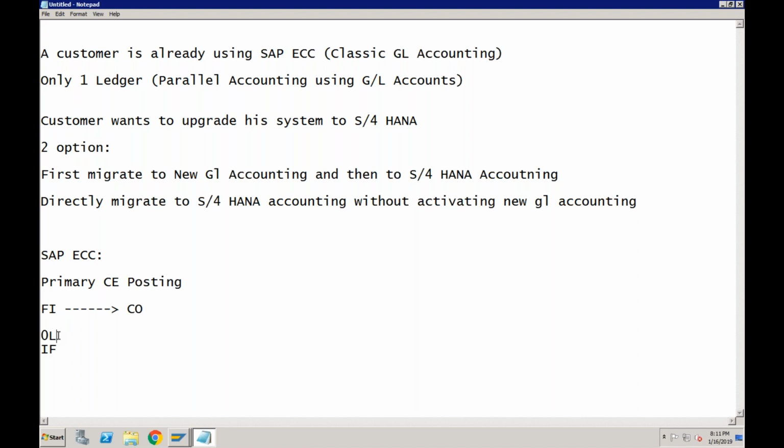This is very specifically written in the new GL document of SAP ECC: only the leading ledger can transport the values from FI to CO.